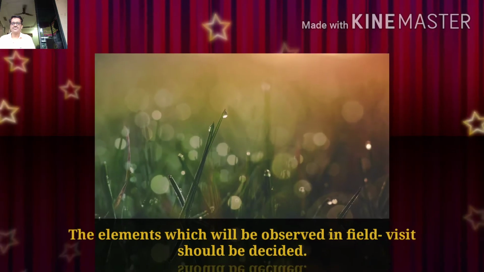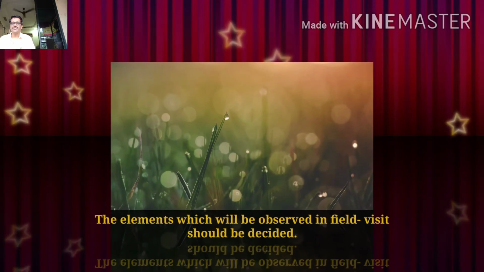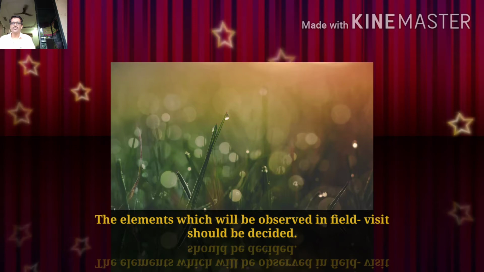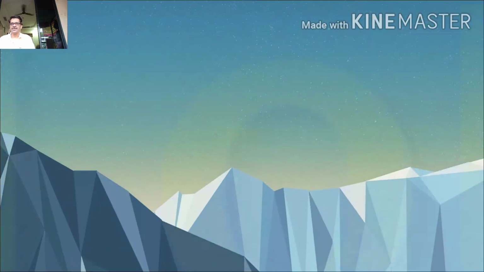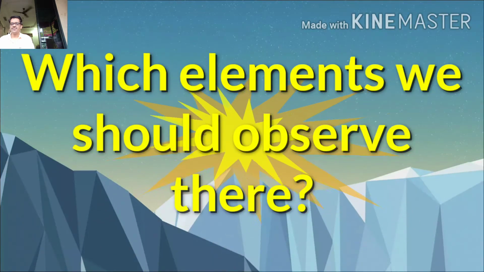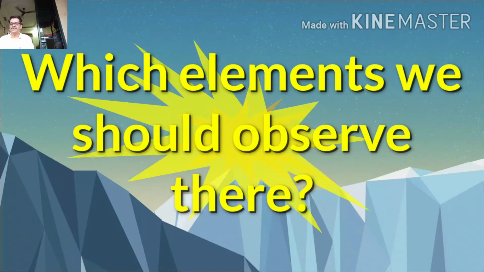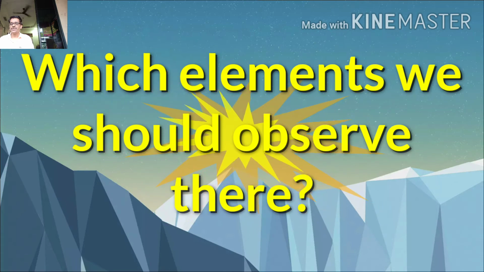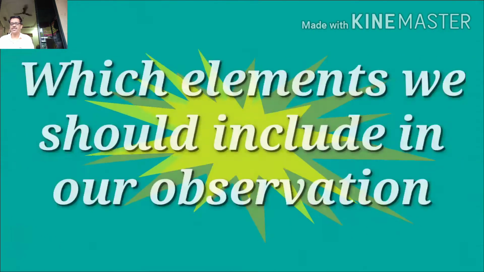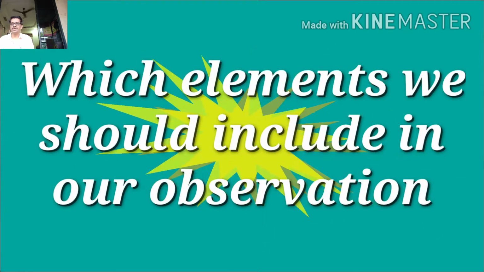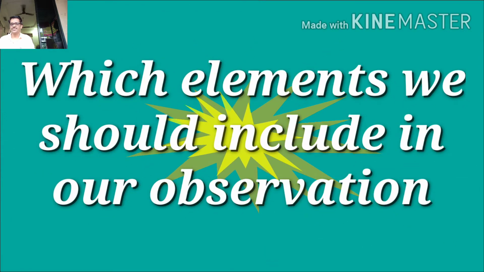Second point is the elements which will be observed in field visit should be decided. Which elements should we include in our observation?